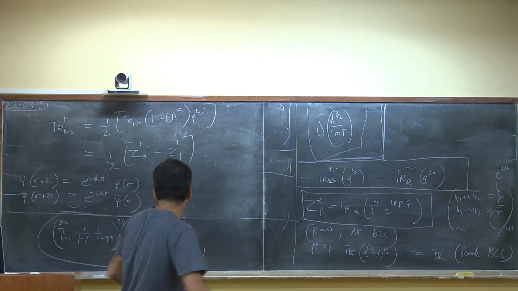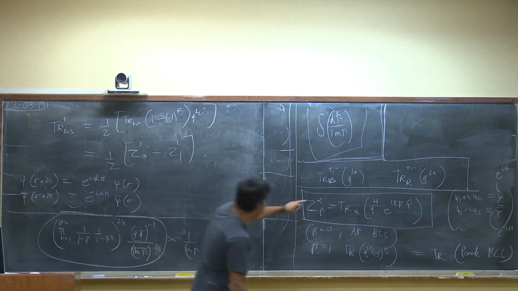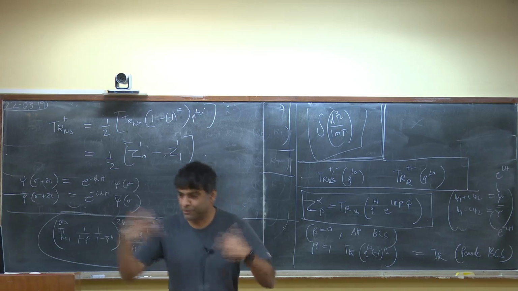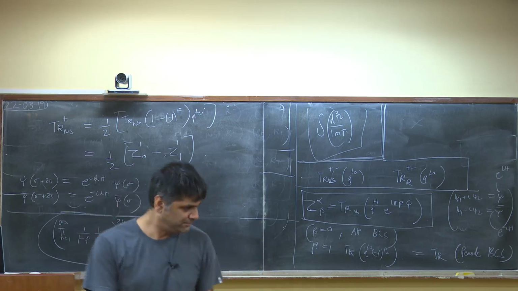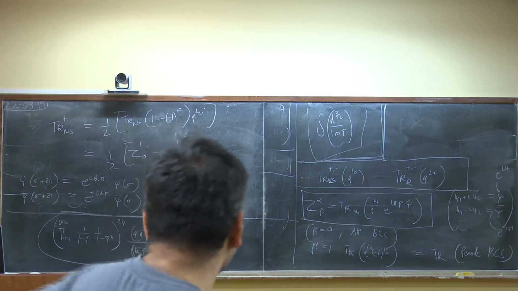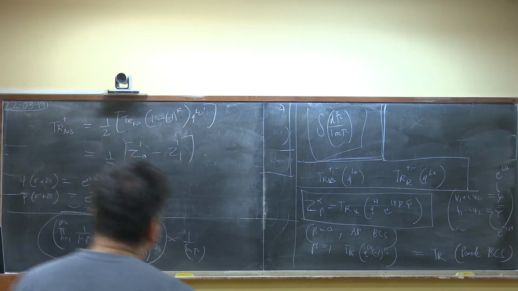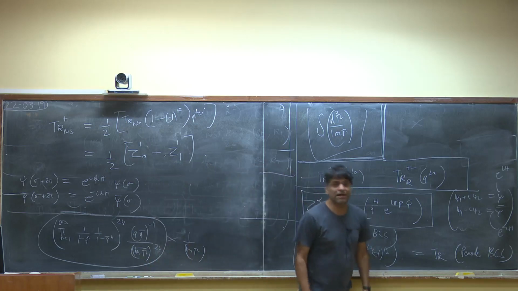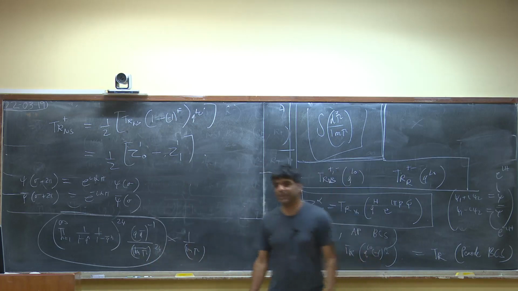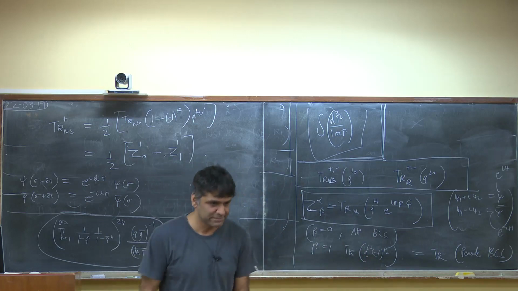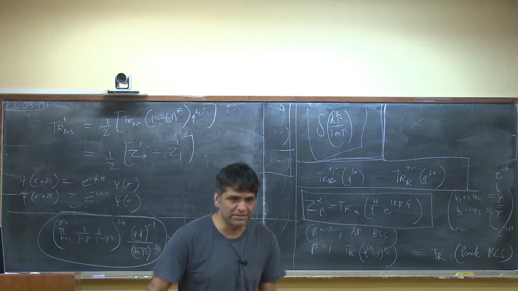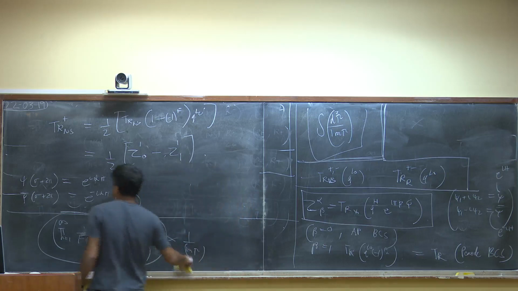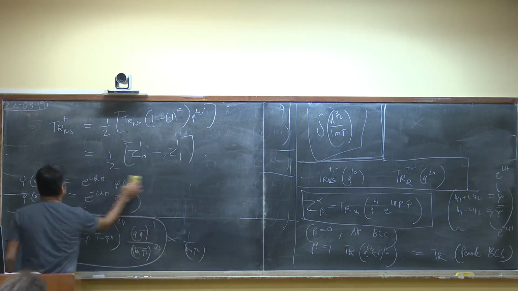Okay? So clearly, if we know how these z alpha betas transform under modular transformations, then by putting things together, we'll get everything. So the task we set ourselves is to try to understand how this z alpha beta transforms under modular transformation. So first, what we'll do is compute z alpha beta, and then try to see how it transforms under modular transformation. The computation is, of course, quite easy.